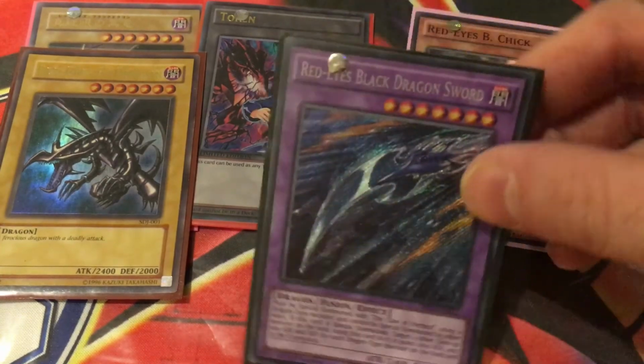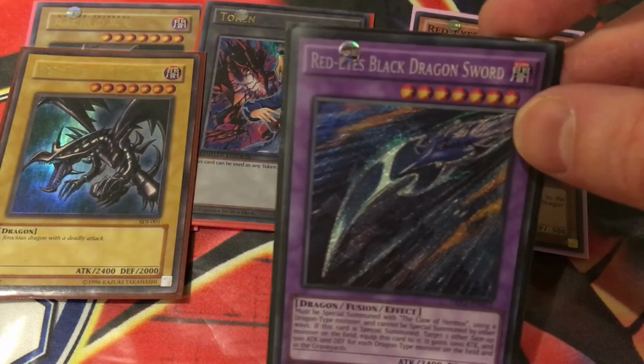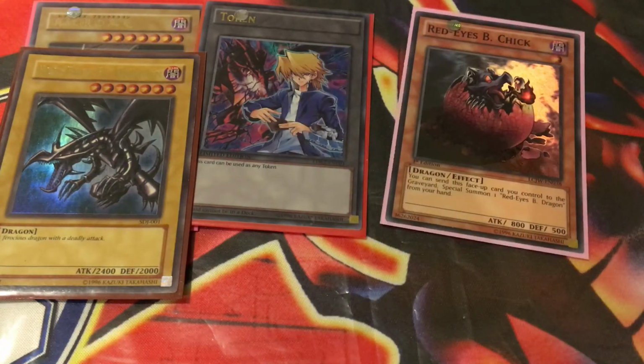And it is really cool. It does say any dragon, but it is a Red Eyes Black Dragon Sword. I wish it would just say Red Eyes. But the fact it does say any dragon means you just top deck this, you top deck Hermos with any of your dragons on the field and you just have this straight away. So it's a lot more reliable than